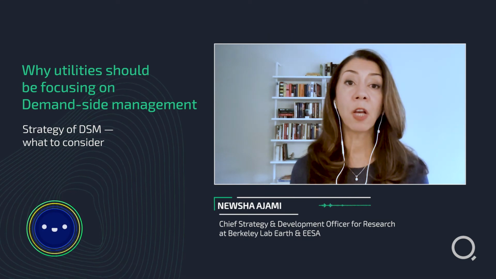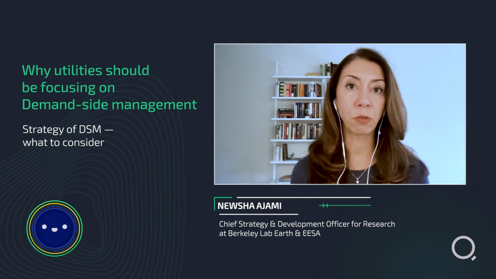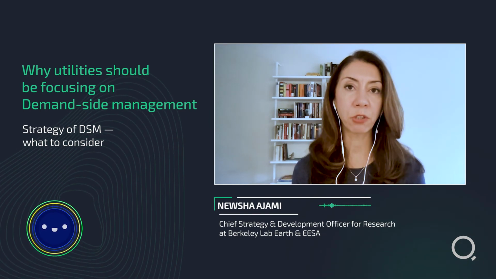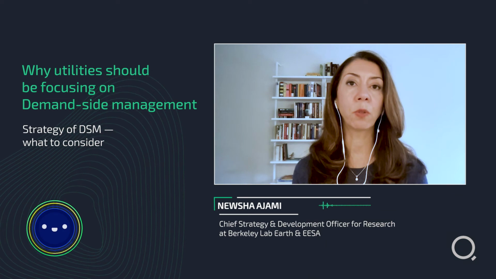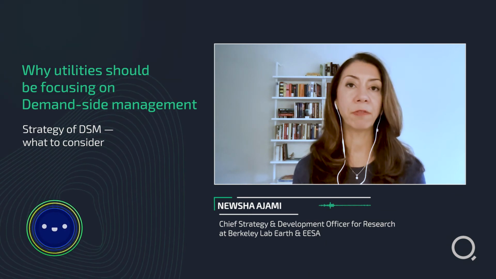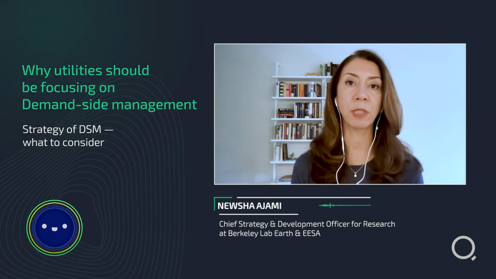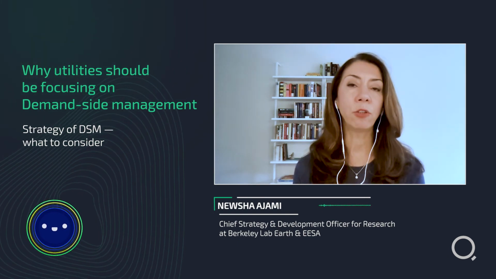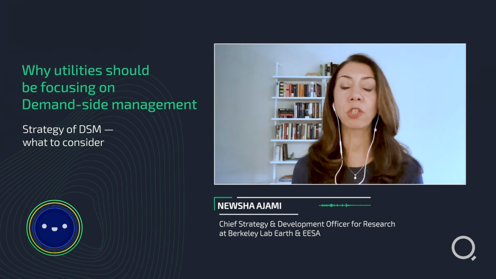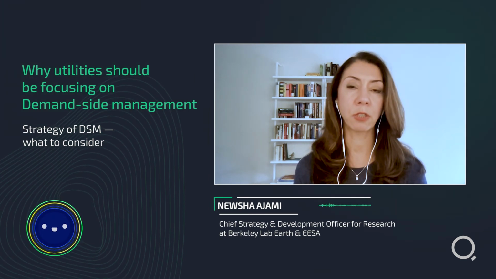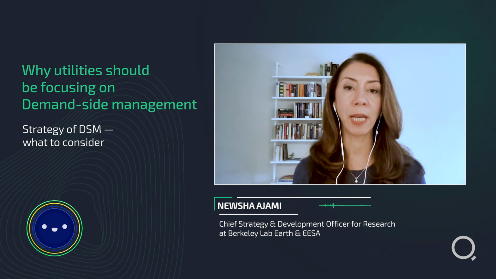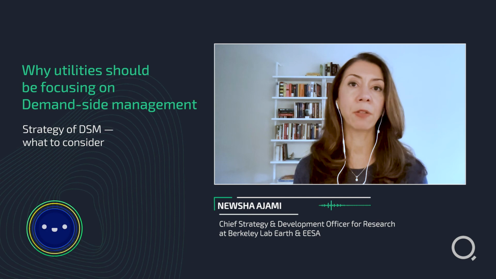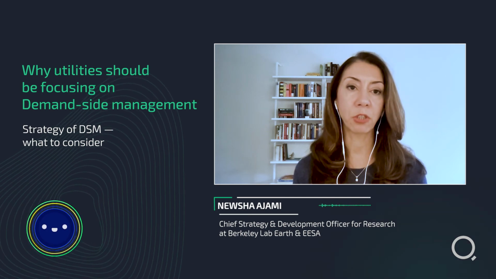The question becomes, what kind of infrastructure do we need to invest in? Is it going to be hard gray infrastructure, centralized infrastructure, or are we going to work with people at different scales to incorporate solutions in their homes and in their neighborhoods and in their communities? And do we need to invest more in soft solutions, soft infrastructure such as data, information technology, and decision support tools, rather than just thinking about large centralized infrastructure?